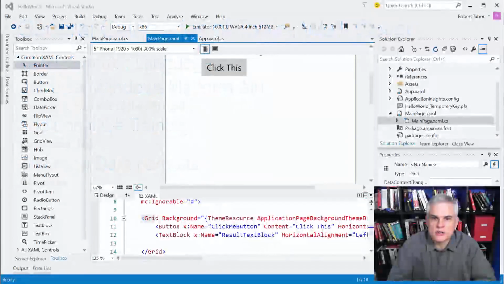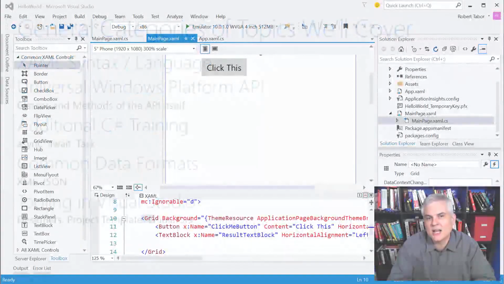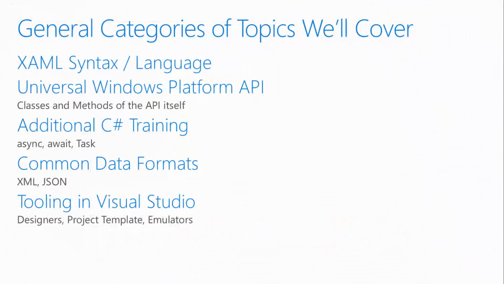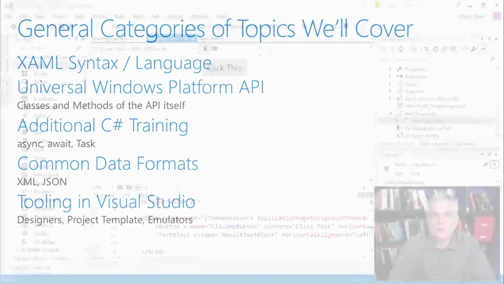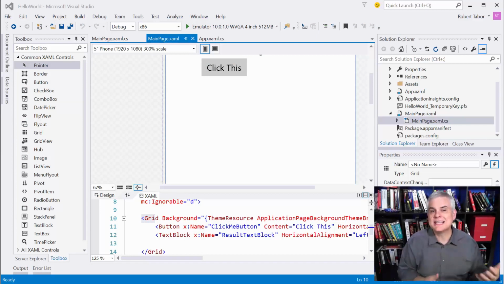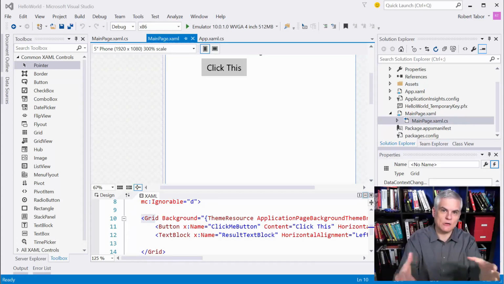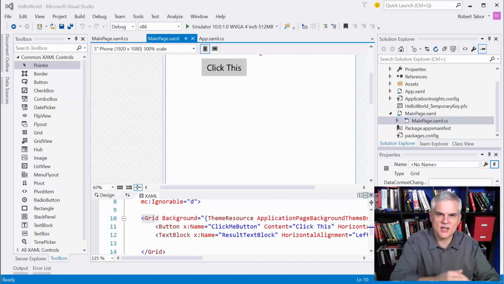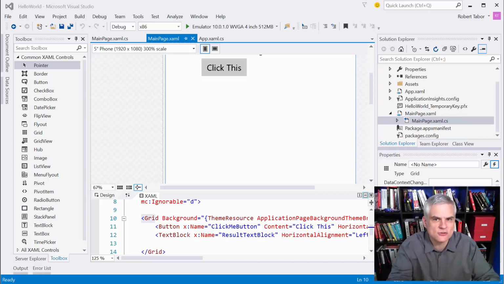The fourth thing that we're going to learn about is the tooling that helps us build Universal Windows Platform apps. So we're talking about things like Visual Studio's designers and its wizards and the project template itself. We'll learn about the emulators. Many times you're going to learn about tooling at the same time as you learn about some specific UWP feature, just like we did in the last lesson. So we probably won't spend entire lessons on how to use Blend or how to use some designer surface, right? It'll just kind of come natural to us